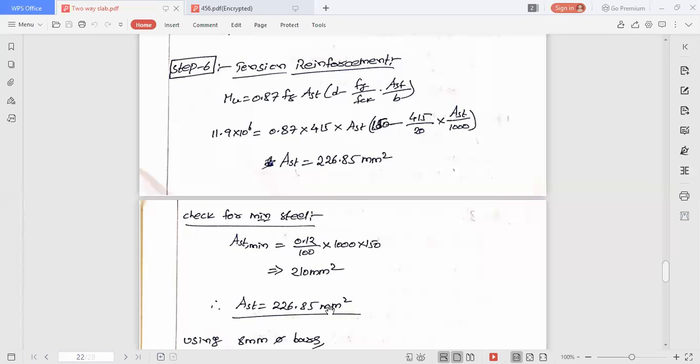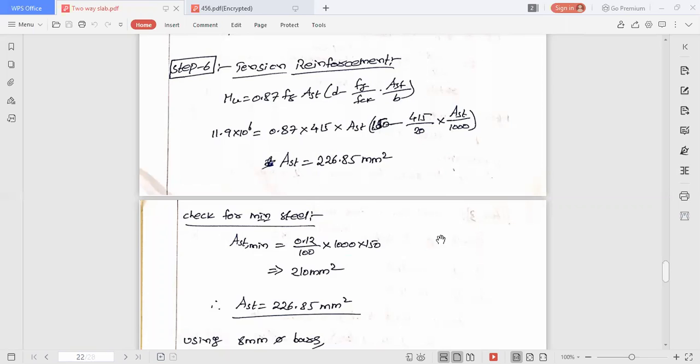This value is only based on design, but as per code, we have to check the minimum steel, whether it is within the limit or not. Based on the minimum calculation, we got a minimum steel of 210 mm square, but what we got is more than the minimum. That's why the Ast is finalized as